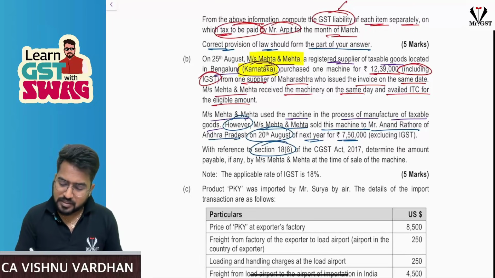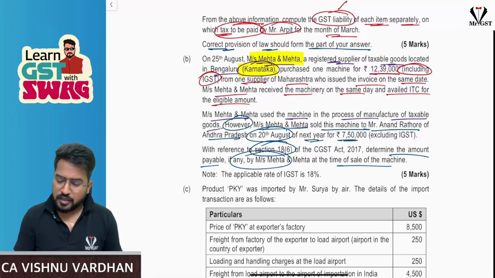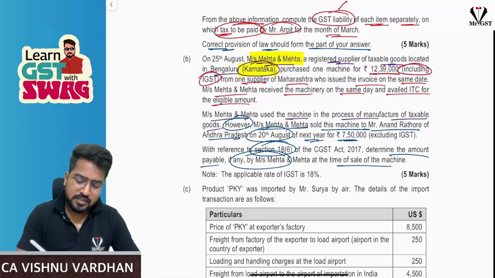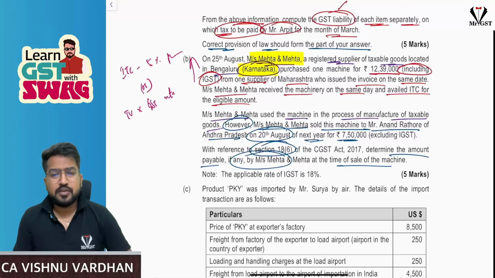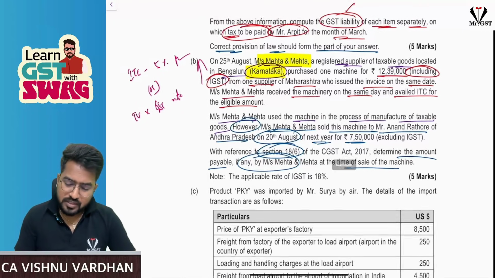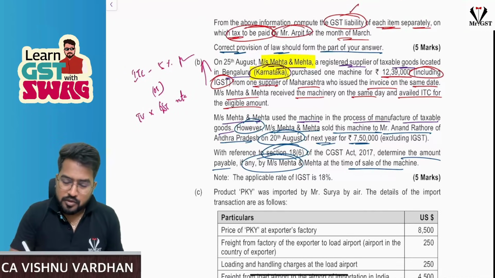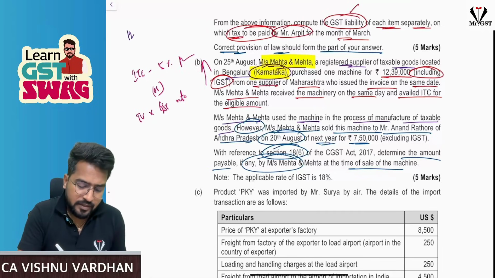With reference to section 18(6), you have to determine the amount payable, if any, at the time of sale of the machine. Section 18(6) says the total ITC availed minus 5% per quarter, or transaction value into GST rate, whichever is higher, that one they have to pay. Correct? That we have to understand. So now, first we should take the ITC availed. What is the ITC availed? 12,39,000